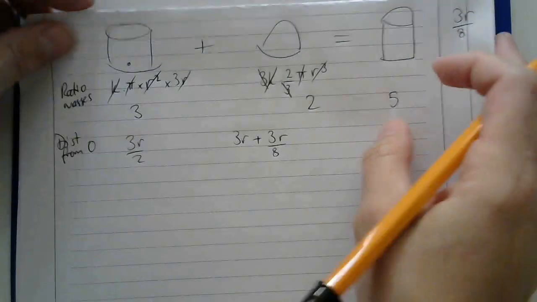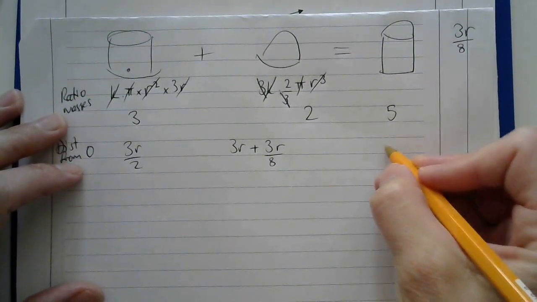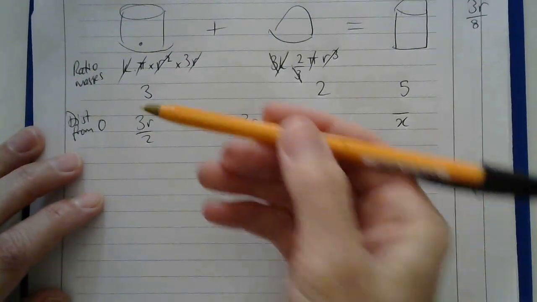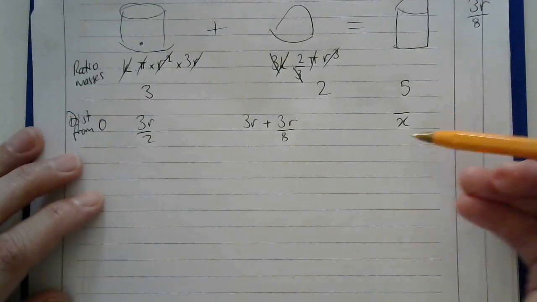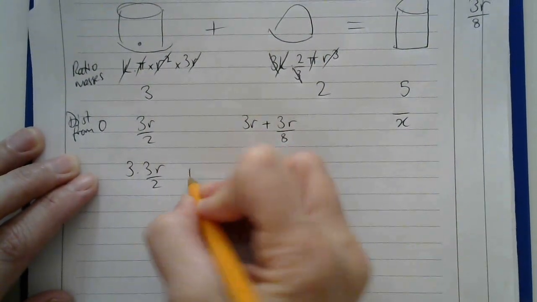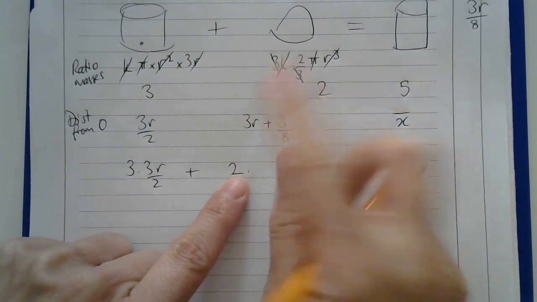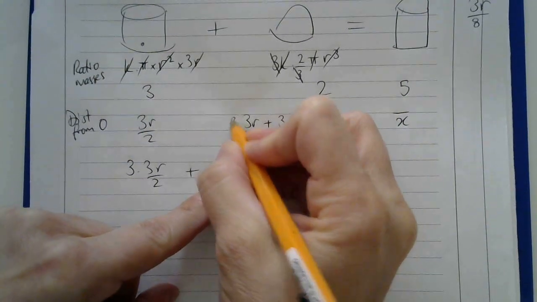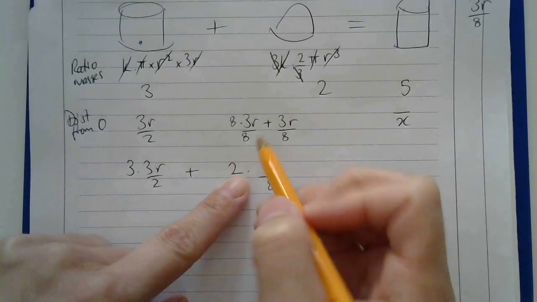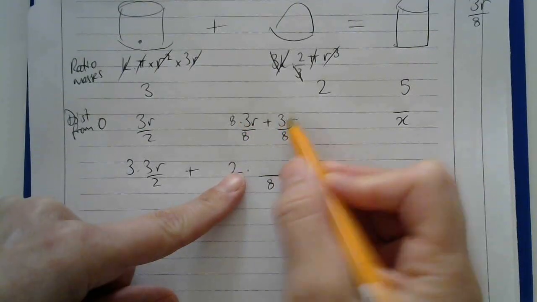And then the centre of mass of the overall object will be x bar, or y bar, or whatever you want to call it. So now I'm ready to do moments. I can do this times this plus this times this equals this times this. So this gives me 3 times 3r over 2 plus 2 times these two things added. I'll multiply the top and bottom of this by 8 so that I've got some eighths to add. So here I've got 3 lots of 8, 24, 25, 26, 27